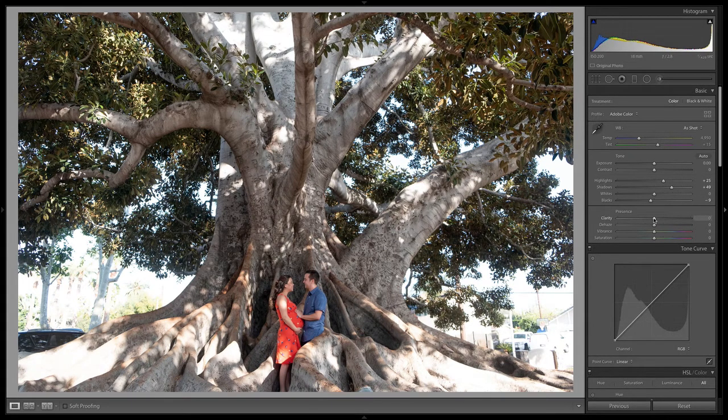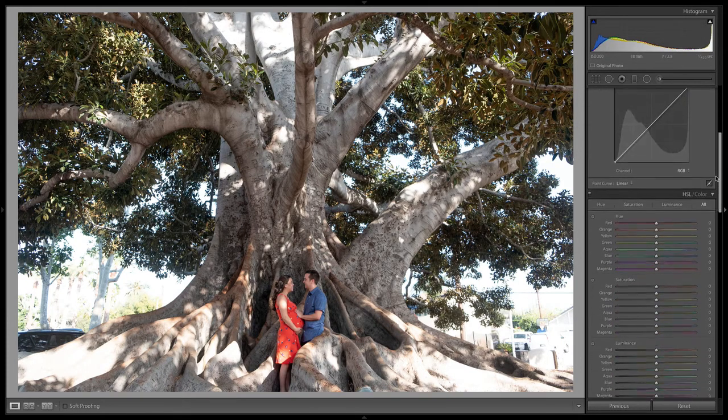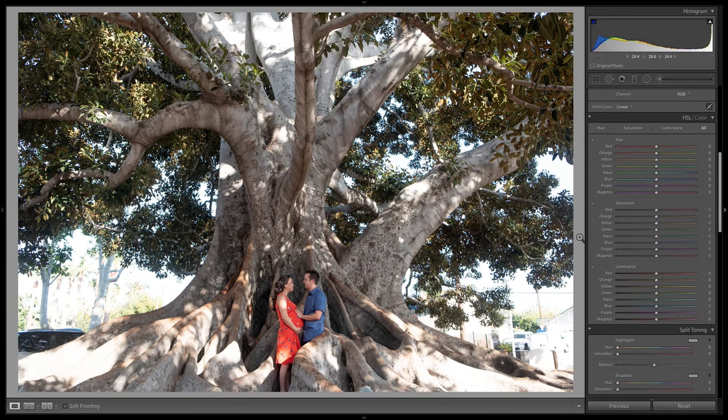Overall, I am going to actually boost... Nope, I'm not going to do clarity yet. I'm going to leave clarity as is. Vibrance and everything I'm going to leave as is too, because I'm going to go down to HSL to play with my colors. Now I do want to click here to the saturation, boost the saturation of Isabel's dress, and then also of my shirt.